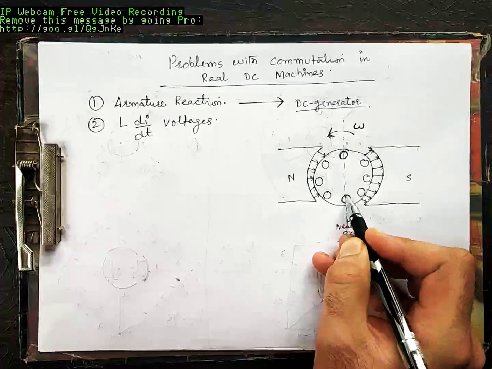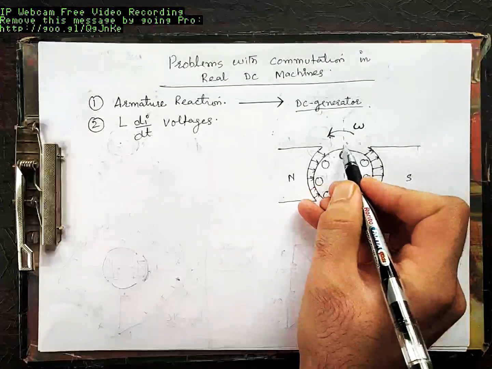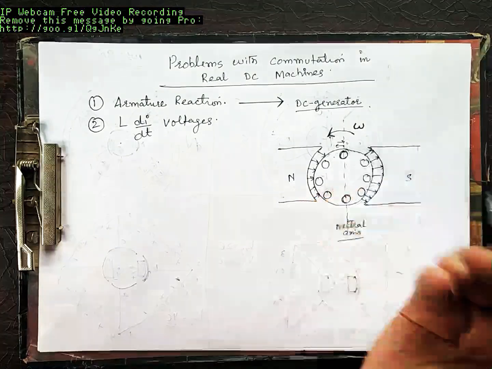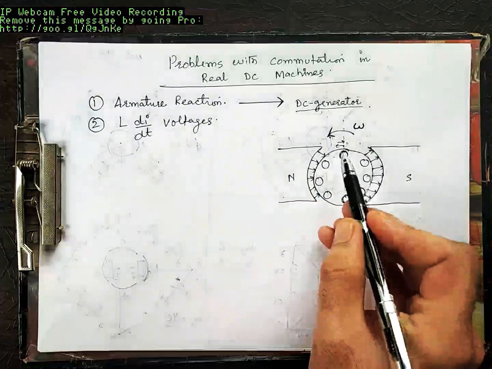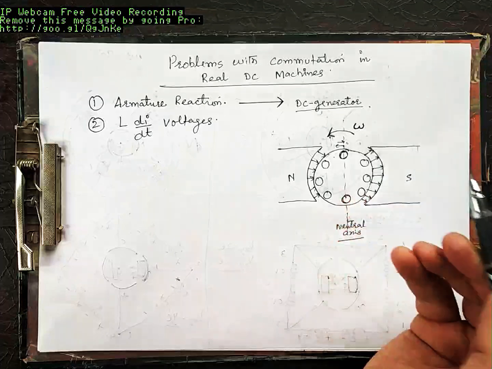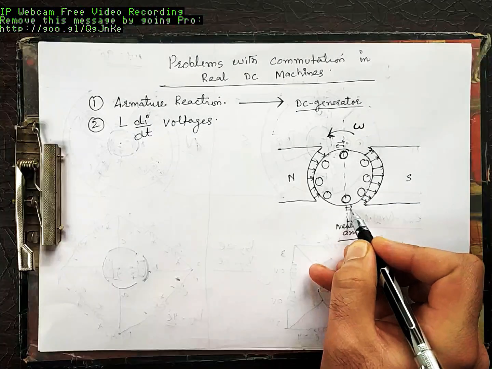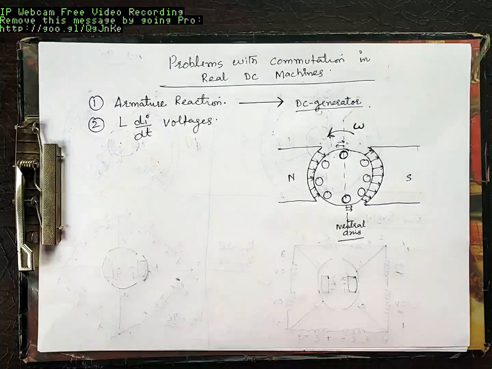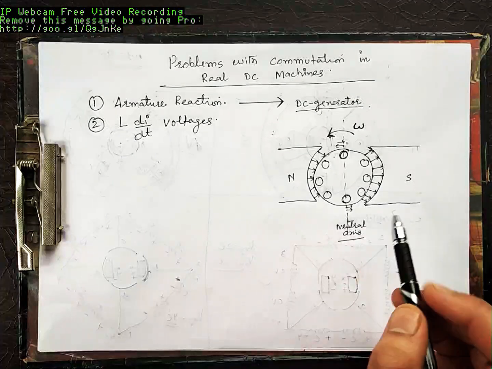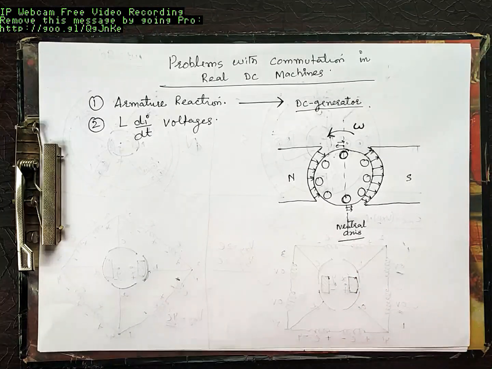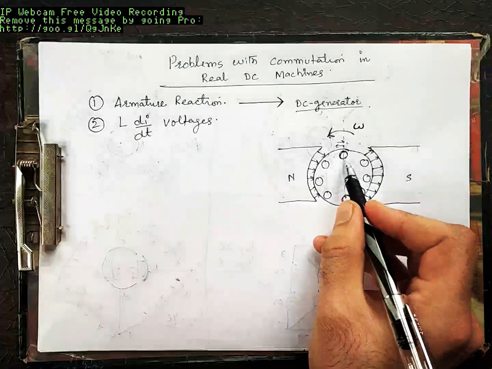Why? Because say it's moving in this direction, and the magnetic field is in this direction; the two are in anti-parallel directions. So the angle is 180 degrees, and sine 180 is 0. Here, it is going this way and the magnetic field is in the same direction, so sine 0 is 0. So E equals V cross B; V and B are in the same direction, the angle is 0, and the induced EMF is 0. Here EMF is 0, here EMF is 0.